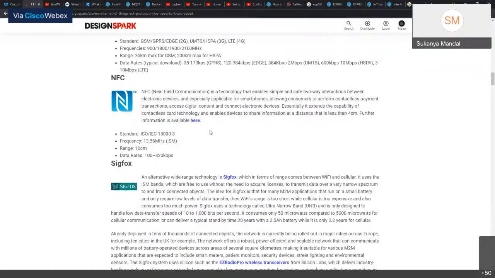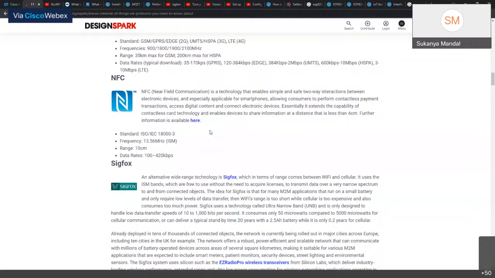NFC, we do find NFC in some phones nowadays. NFC means near field communication. It enables simple and safe two-way interactions between electronic devices, and is especially applicable for smartphones, allowing consumers to perform contactless payment. I remember Sony having NFC in most of their smartphones.